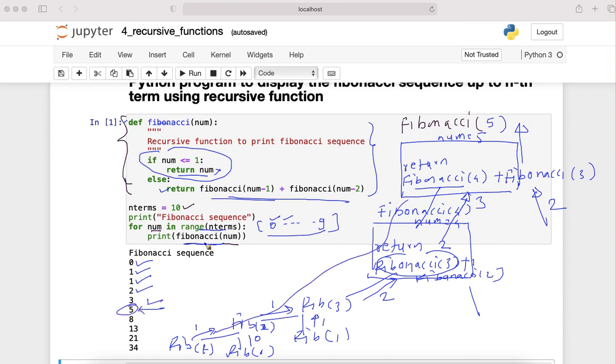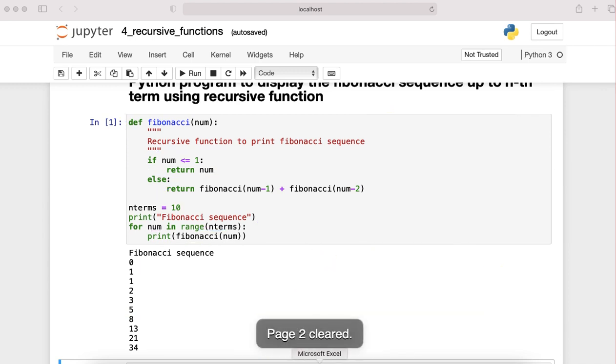You see every call. How many calls do we have here? We have Fibonacci 1, Fibonacci 2, Fibonacci of 3, and for Fibonacci 5 we have this big tree here. For Fibonacci 9 we will have a huge tree here, right. That means one call is generating many calls. That's the danger in recursion. We do a lot of redundant computation. If you observe this tree, let me just draw a tree, right, how Fibonacci